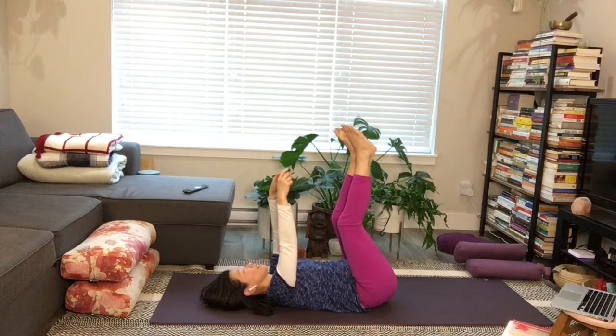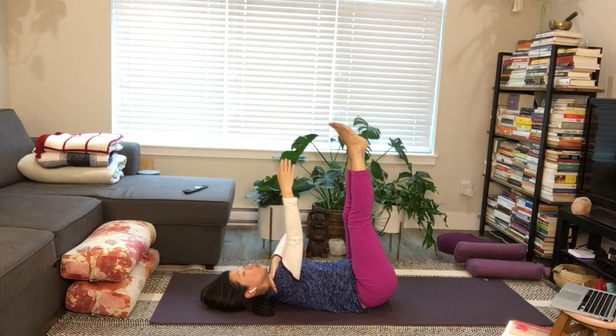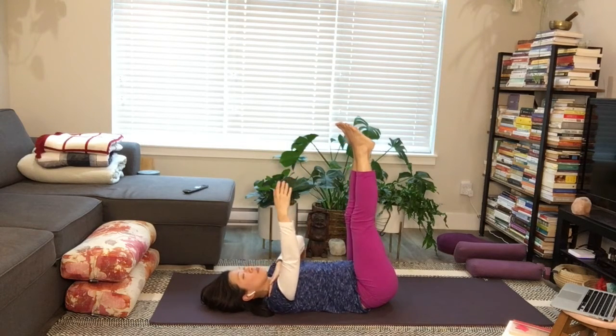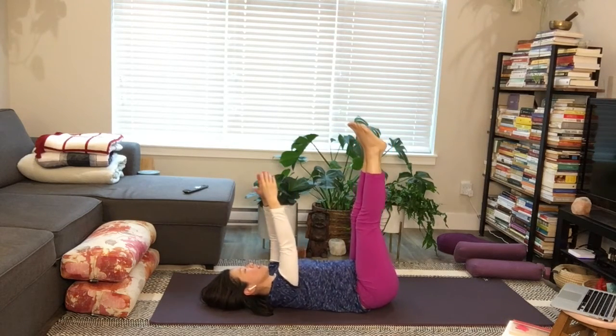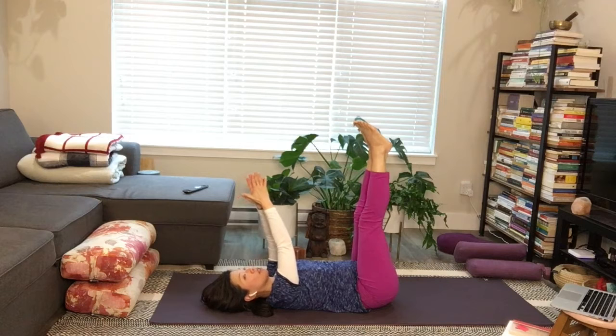Great, and then let's extend fingertips to the sky, extend the feet to the sky. Shoulders, they would have wanted to have lifted off. We're going to drop the shoulders back against the earth again. Nice. And then keep the shoulders relaxed like this. And you're going to bring your palms together, your feet are together. We don't have to move the arms or the legs all the way down to the ground,